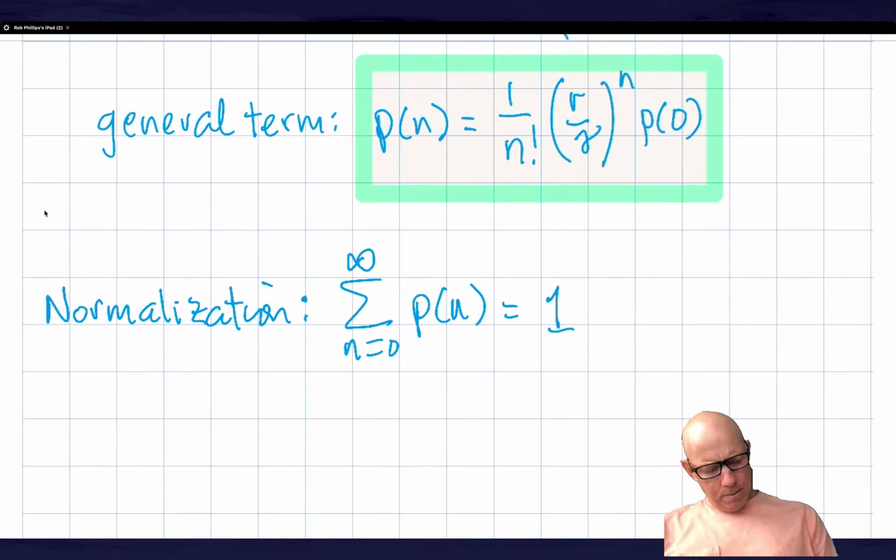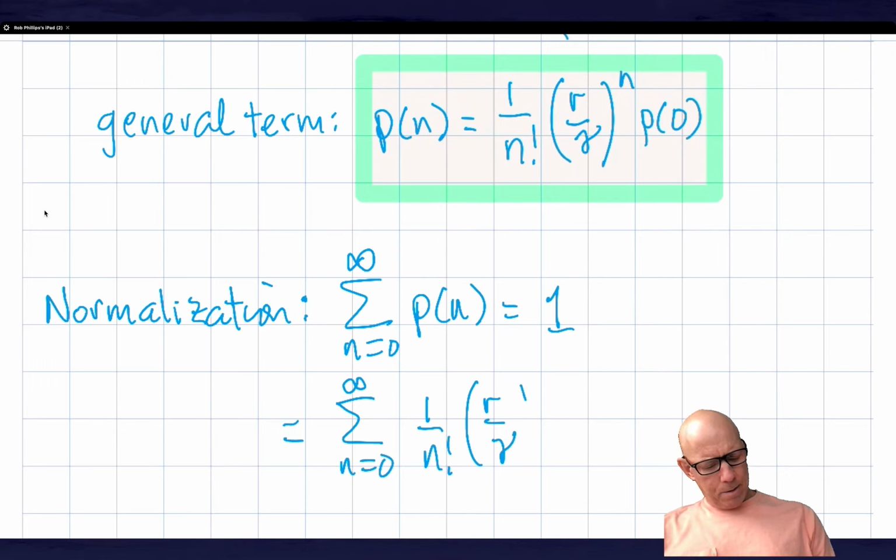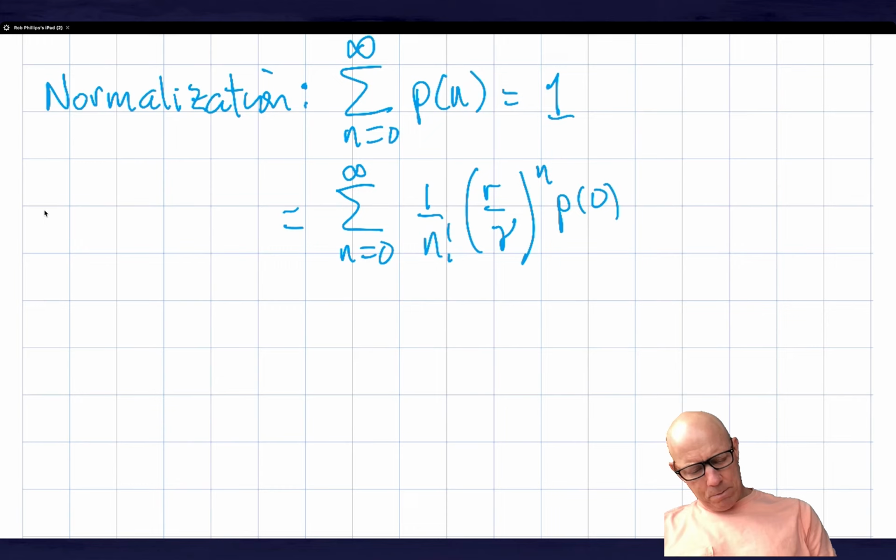So now I'm gonna plug in the result from the previous recursive solution, and what I have is 1 over n factorial r over gamma to the n power p0. And just to be clear about this, I could write this out as p0 plus r over gamma p1